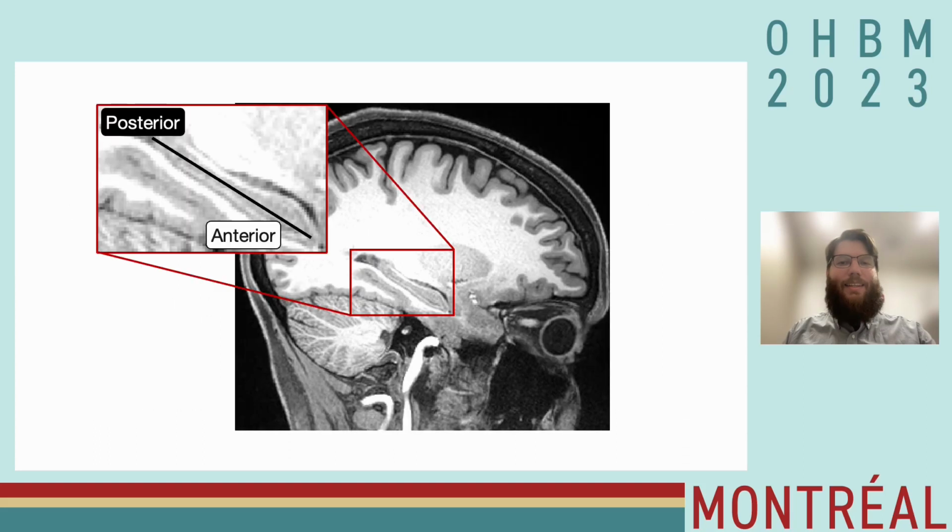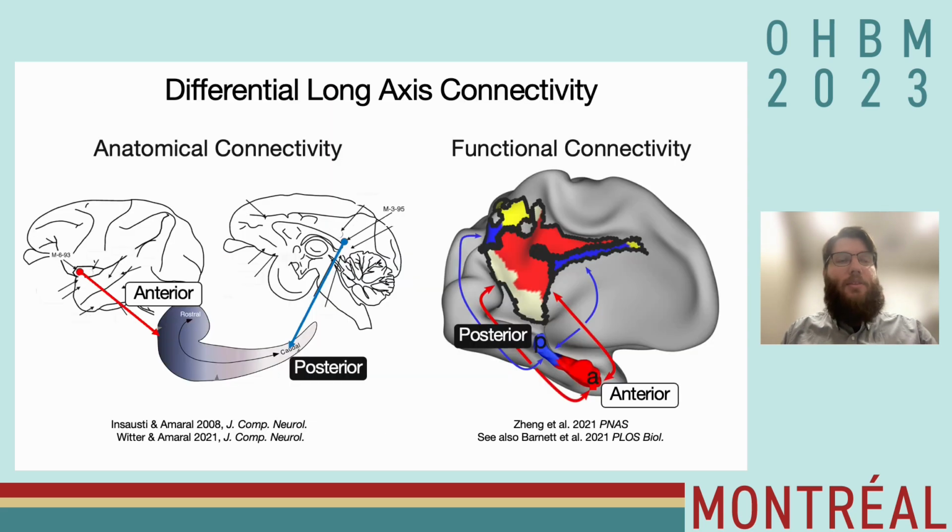Hi. So the long axis of the hippocampus, which in humans runs from the posterior to the anterior ends of the hippocampus, has long been the focus of neurophysiological study. Notably, anatomical tracer studies have suggested that the anterior and posterior hippocampus are connected, via the entorhinal cortex, to different portions of cerebral cortex. And this differential hippocampal cortical connectivity along the long axis has since been observed in functional